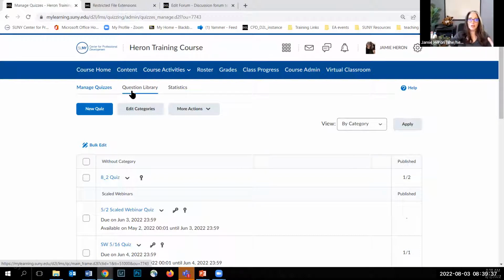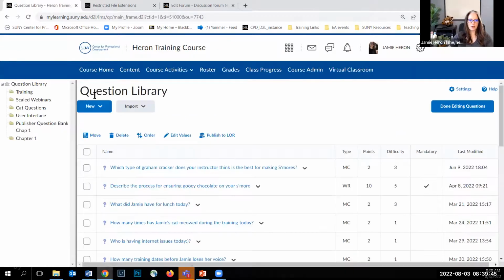It's really just a great way to help you organize your questions. So that's where I'm going to go first here today. And I'm going to create some questions here in my library. You'll notice off to the left of my question library, I have a series of folders to help me organize